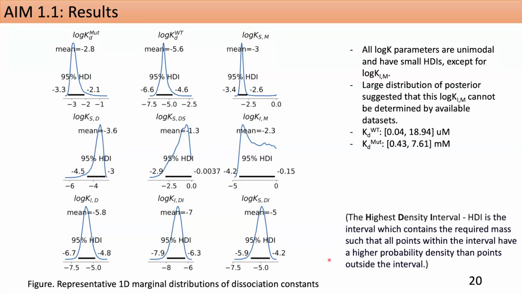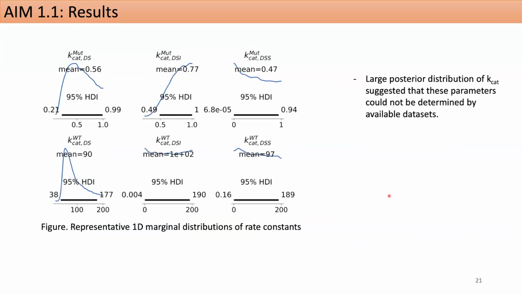And based on fitting to the paper from Nash et al., we were able to find posterior probabilities for many of these parameters that are fairly tight, except the affinity of the inhibitor to the monomer. It's not clear whether it's a high affinity or a lower affinity binding, because it's just not clear from the data that we were provided. There are other parameters which are just, we have no idea what they are, and these include the rate parameters actually.